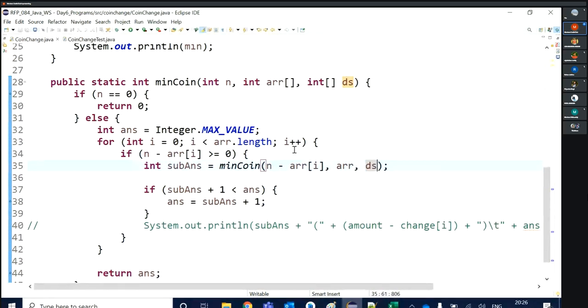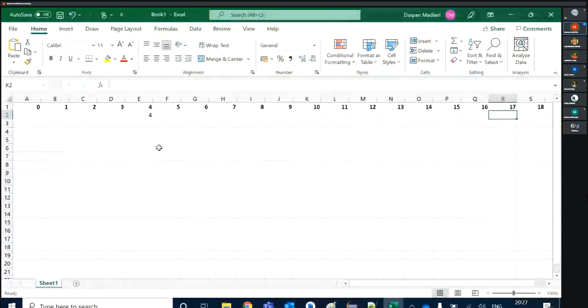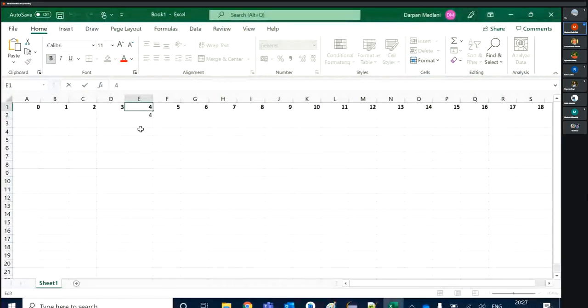When we need to store our answer, let's say here I want to store the answer of ds4. Where will I store that?